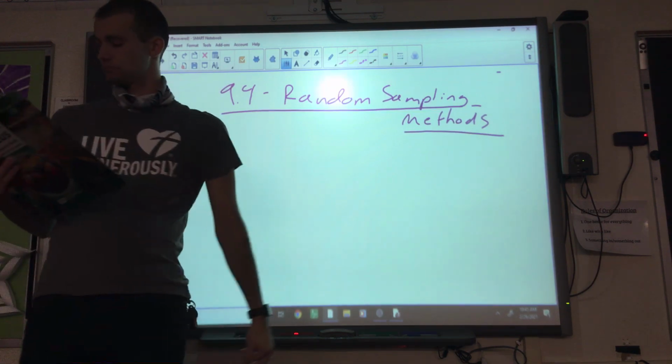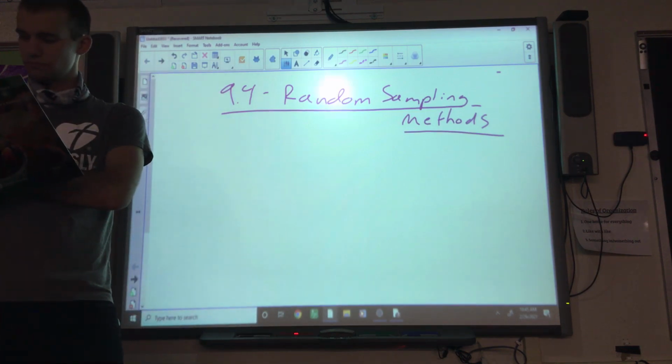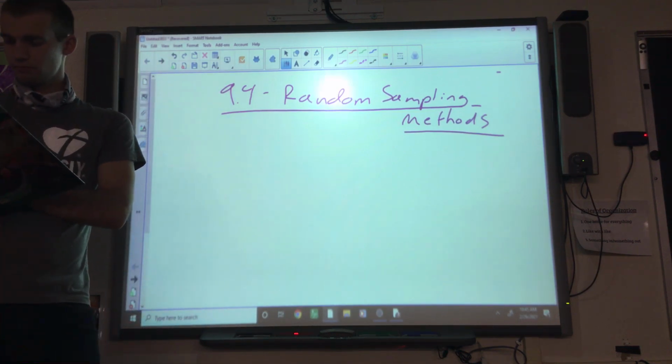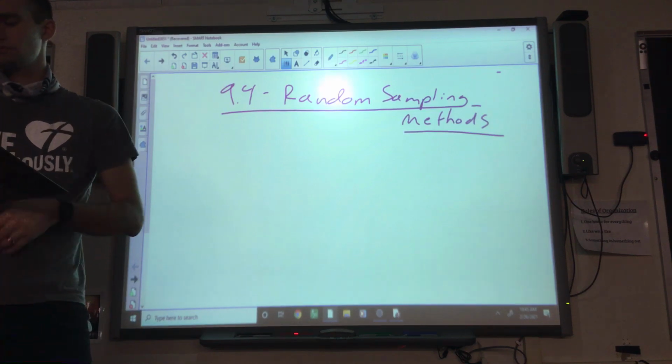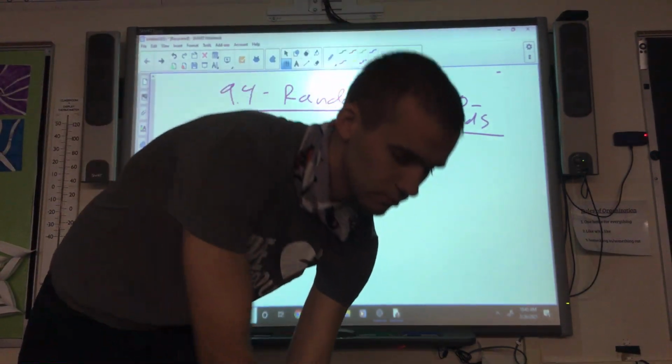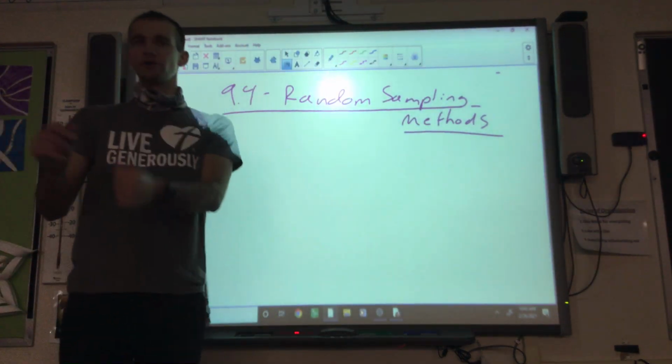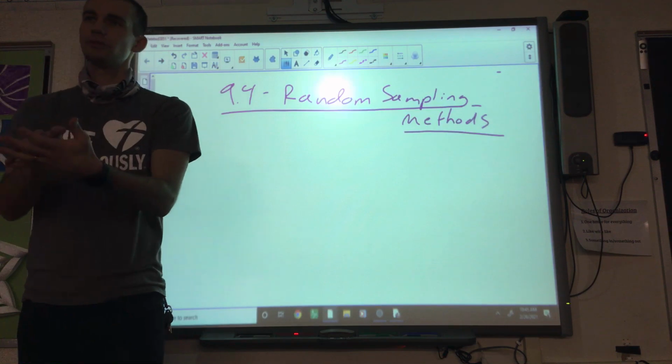To generate a random sample of students from the school population, you may assign a unique number to each student at the school. Then randomly pick numbers from a box that holds all the numbers. So it's a literal lottery where I give you guys all random numbers, I put them in here, and